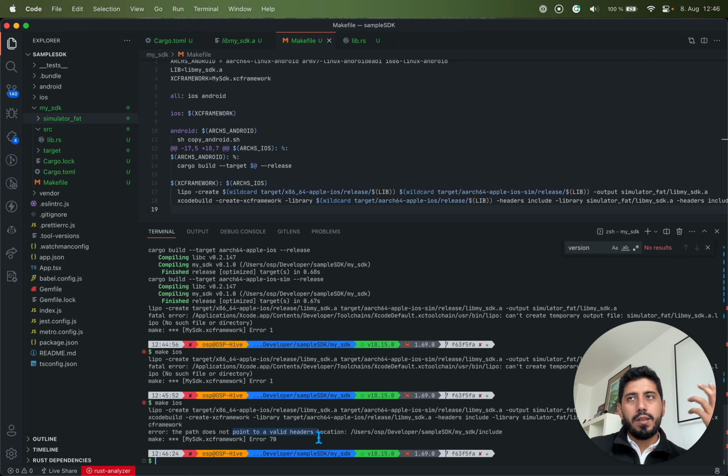The header file is basically a map to what functions are exposed in the binary. There are basically many ways to do this. One way is to manually create your header file. Right, so I could go